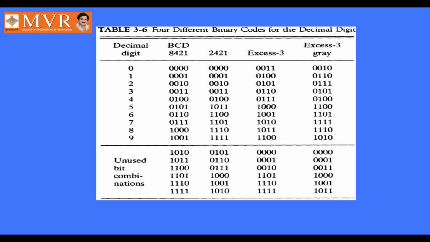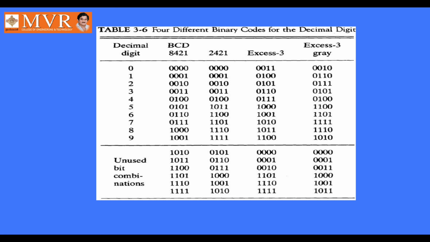And as I told you previously, 8421, 2421 and XS3 are self-complementary. So here, in the 2421, if you convert, I think in the table 8421 is not self-complementary. Only 2421 and XS3 are called self-complementary. 8421 is not self-complementary. Please, I am mistaken. So 8421 is not self-complementary. Only 2421 and XS3 codes are self-complementary codes.